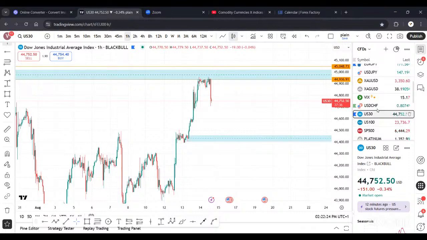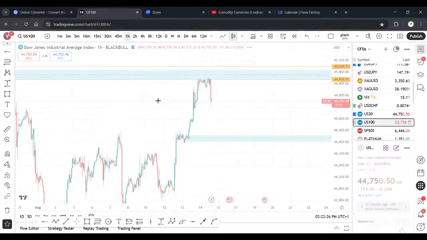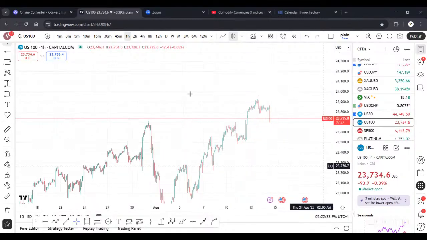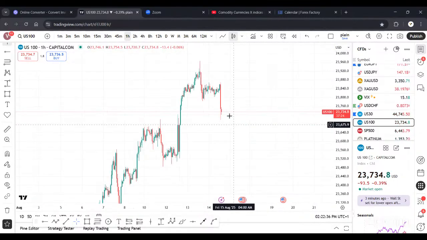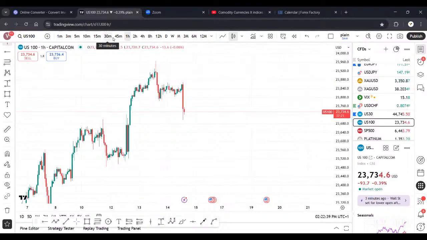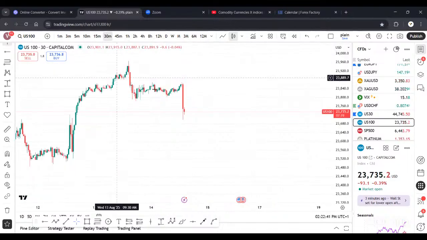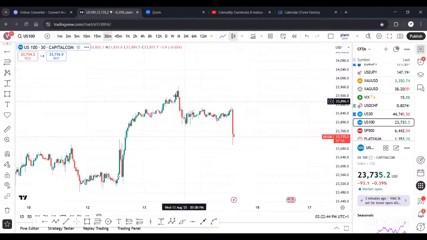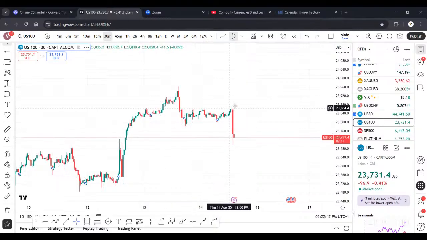It will correct itself. Let me use the right thing. On US 100, also we have a sell-off. We have a sell-off on US 100. As we speak now, this sell-off is quite interesting because it looks like a box pattern, right? It looks like a box pattern by the time you come to the 30-minute time frame. Yeah, it looks like a box pattern, a sweep, break to the downside, and then this will now serve like